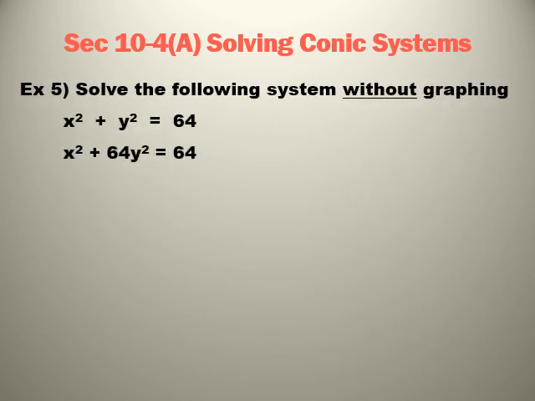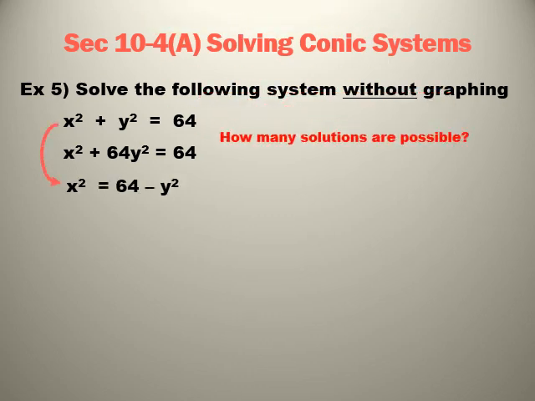All right, number 5. Think about what those two things are and how many solutions we might get, and meanwhile solve it algebraically. All right, so the first one's a circle, the second one looks like an ellipse. So I'm taking the first equation and solving it for x squared, and then I'm going to substitute that into the second equation. My x squared gets placed in at the beginning there. We simplify this,